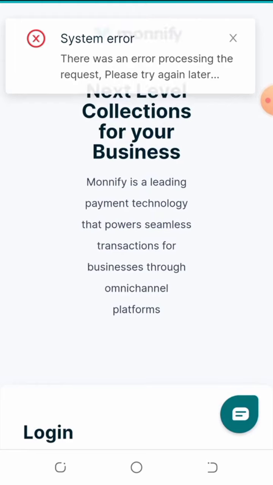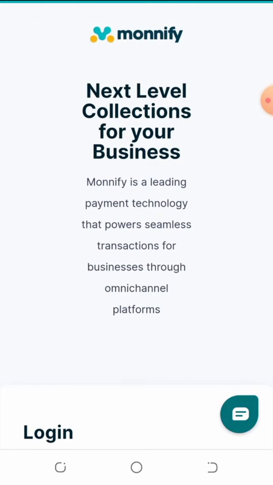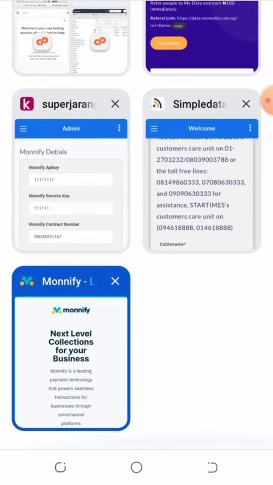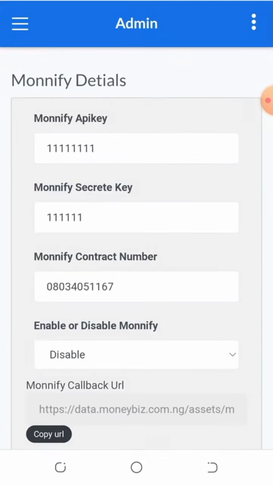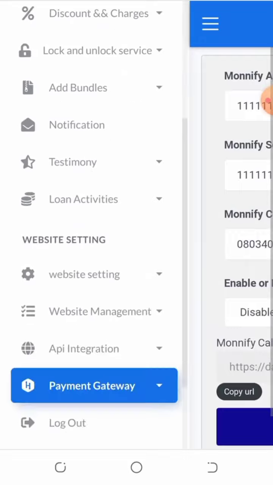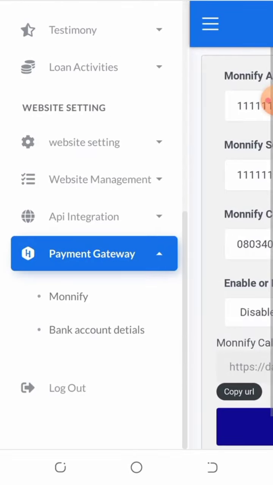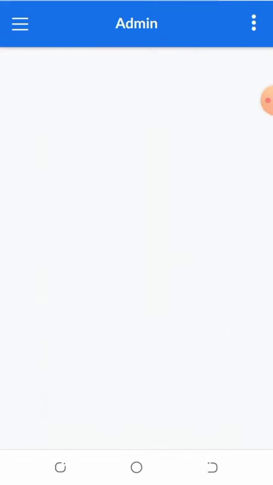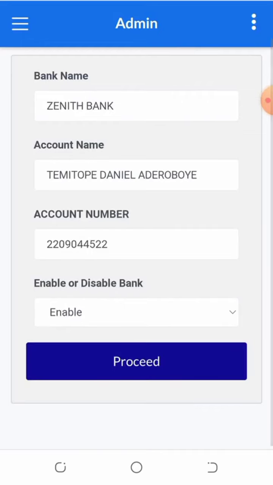So I'm able to log in. Also, you just go to monify.com and register with them. Then from that place, you can successfully put in your API, click on it and enable it, and it's going to appear. Just click on proceed, and your auto bank is going to appear. Now, if you want to enable manual funding like bank account details, just come to this bank account details, put in your bank and click on enable, so customers can send money to you and get their accounts